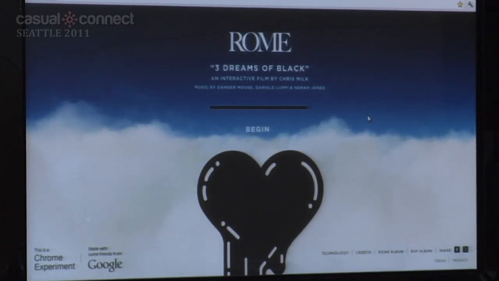Everything that you're seeing here is running inside Chrome, and